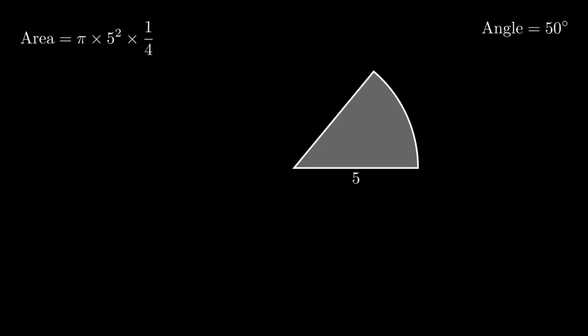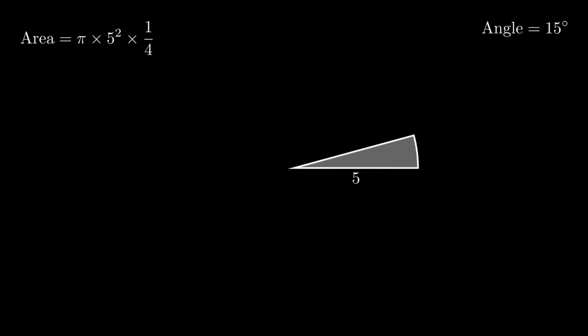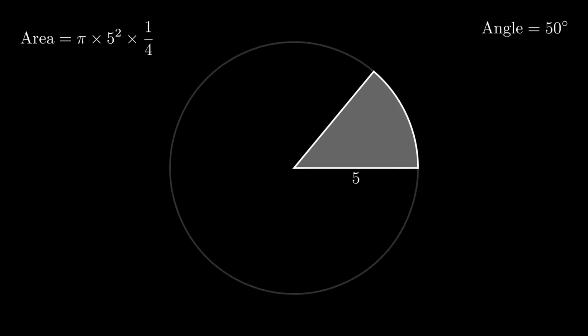Now, what's the meaning of 50? If you look at the top left corner, we don't have 1/4 of the circle anymore. That's now wrong. What we have now is less than 1/4. What we have is only 50 degrees out of the full circle. Now, what's the angle of a full circle? It's 360. And so that's why the fraction is no longer 1/4. The fraction will be 50 out of 360 instead. So that's now how much of the full circle we've got,